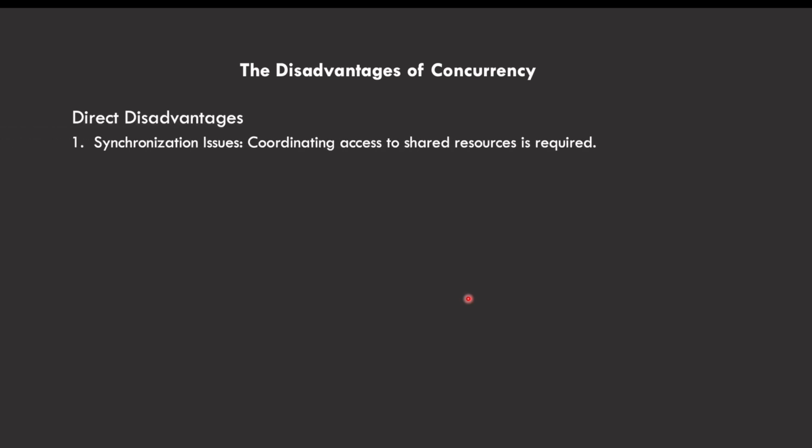And now let's look into the disadvantages of concurrency. Like everything, there's always a trade-off. If there is something good, there's also something that it lacks behind in, right? So let's look at the direct disadvantages of concurrency. Like I said, there are synchronization issues. So there you'd have to coordinate the access of various processes and threads